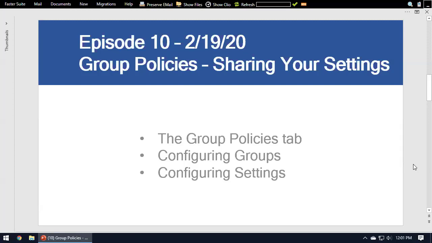computers for ourselves. So the first thing we're going to cover is the Group Policies tab, which we'll find in Settings. That just basically shows us all the settings and what we can do. Then we're going to take a look at configuring groups within your firm to get specific settings loaded out to them. And then we're going to look at how to actually configure the settings for the firm or for a